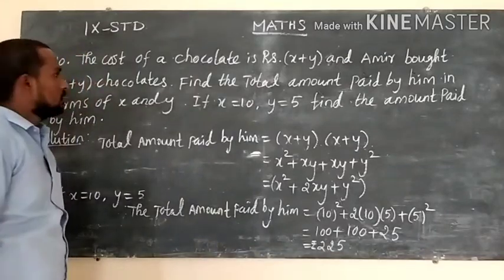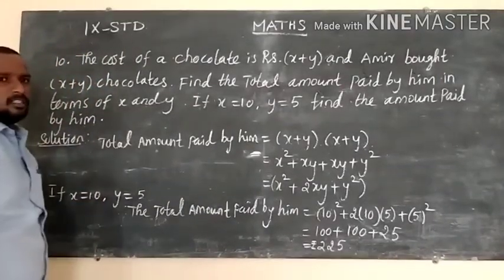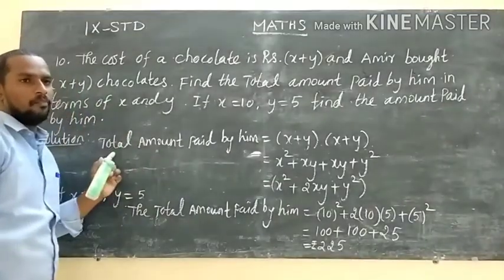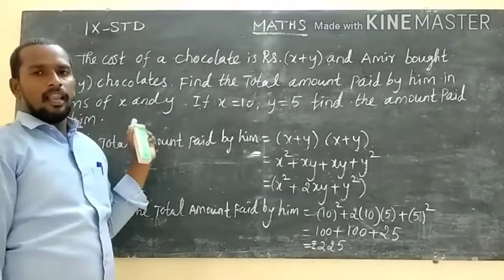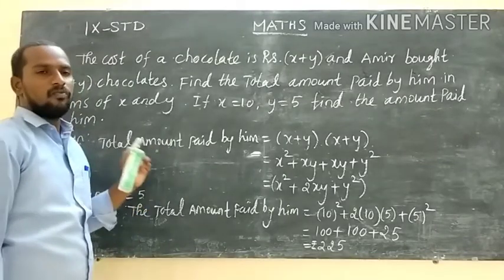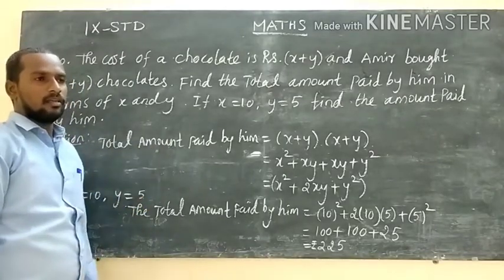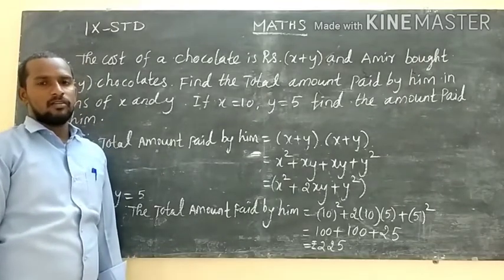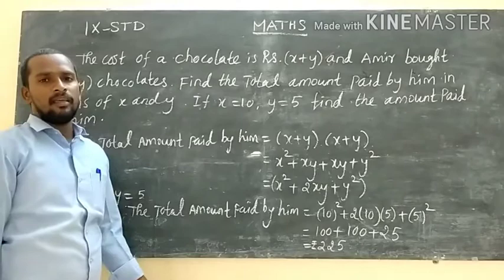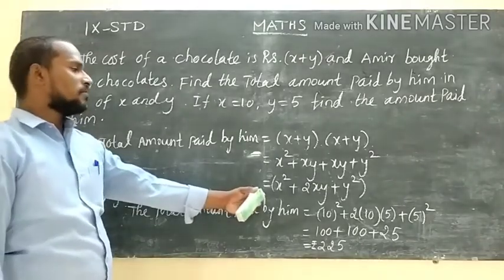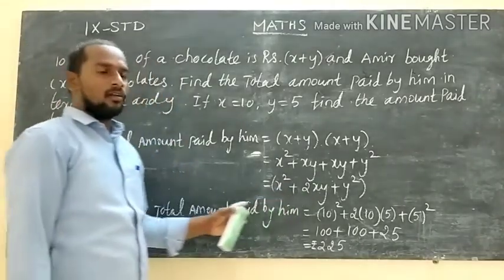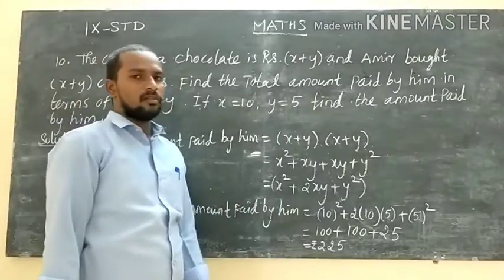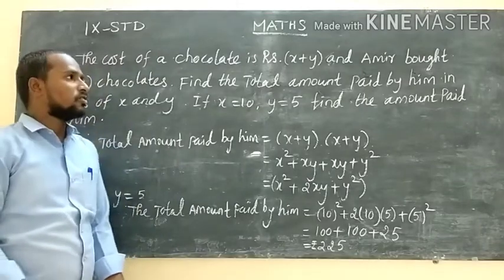That's the answer. Have you understood the 10th sum? In this manner, find the answer to the 11th sum. In the 11th sum, the length and breadth are given, and we find the area of the rectangle. The area of the rectangle formula is L into B square units. Multiplying L and B, we get the answer in terms of x and y. Then use the condition in this slide to get the answer to the 11th question. The 11th question is your homework.